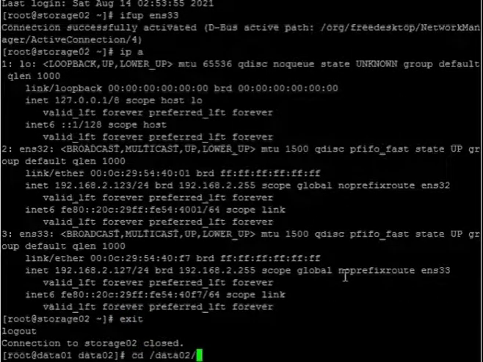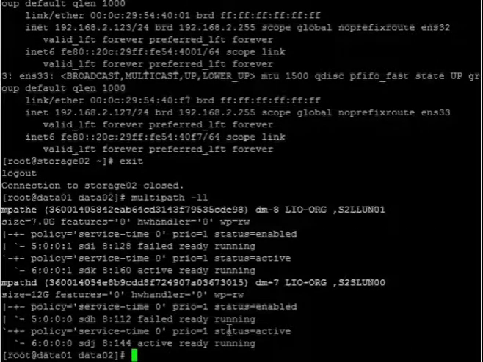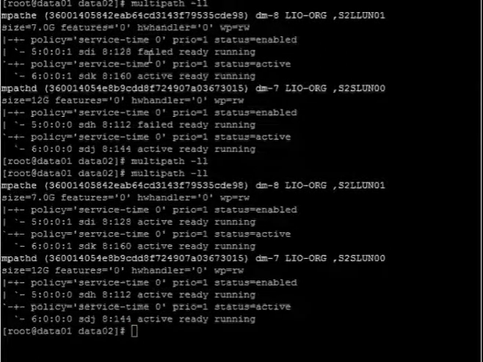You can see in multipath it is still failed. It will keep trying for some time, and after that, once it sees the path, it will activate the path. Now you can see active and running.